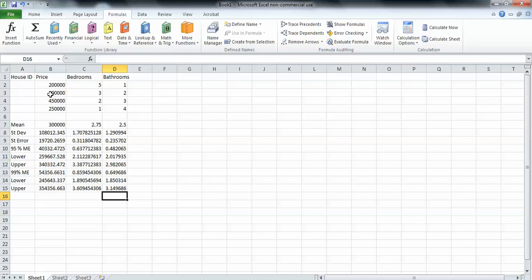So if this was my data set, I'm 95% confident that the mean price of San Diego is between these 2 numbers. I'm 99% confident that the mean price of San Diego is between these 2 numbers. The bounds of the 99% confidence interval